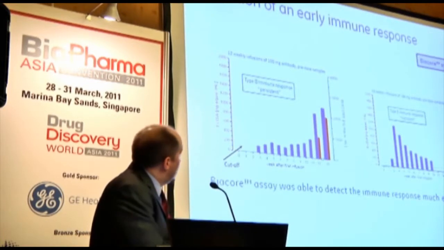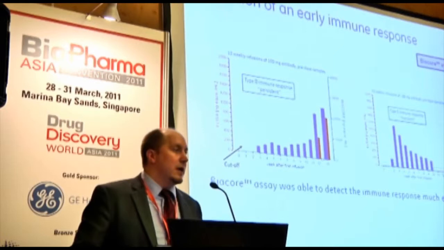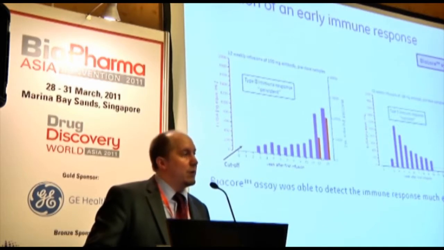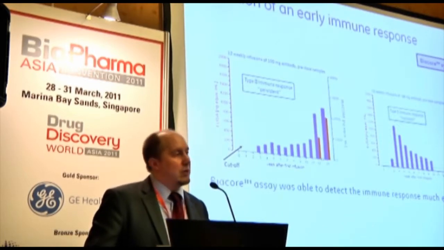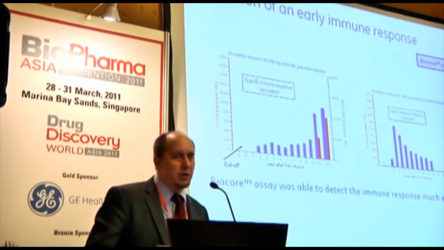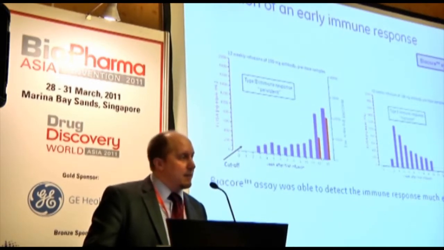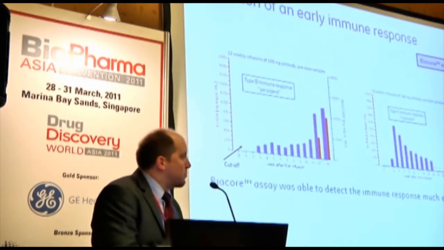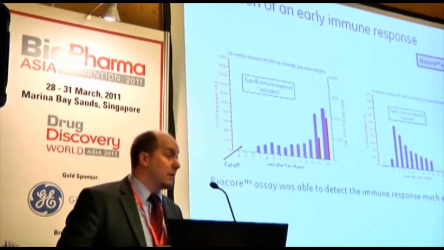Well, usually for this type of persistent response or for a transient response, in the beginning of a treatment you have low affinity antibodies, and if you're having a label-based approach with, for example, an ELISA, you need to do wash steps, incubations, and you miss those low affinity interactions usually. And that can be quite significant because some of those early responses can have a clinical effect, and that has